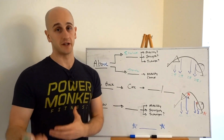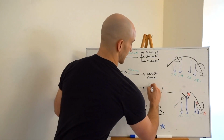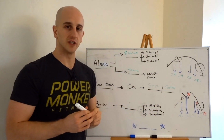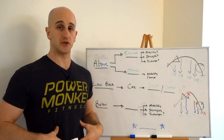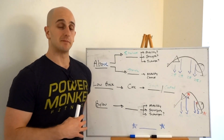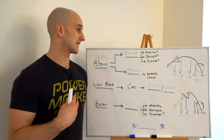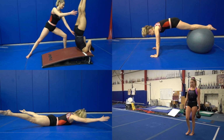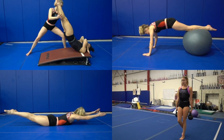If you can actually find that somebody has some core issues, what you wanna work on is either the strength component, right, or the control component. Strength being someone who really just needs more exercises to increase the amount of stiffness they can create in their core, not just the front of their core, not just their six pack, but the obliques, the back, trying to brace the entire body together, learning how to breathe while you're bracing your core and your midline. That's the kind of strength you want to develop with all sorts of different things like side planks and farmer's carries and sled pushes and some different hollow rocks, some arch rocks, all that kind of stuff will be important